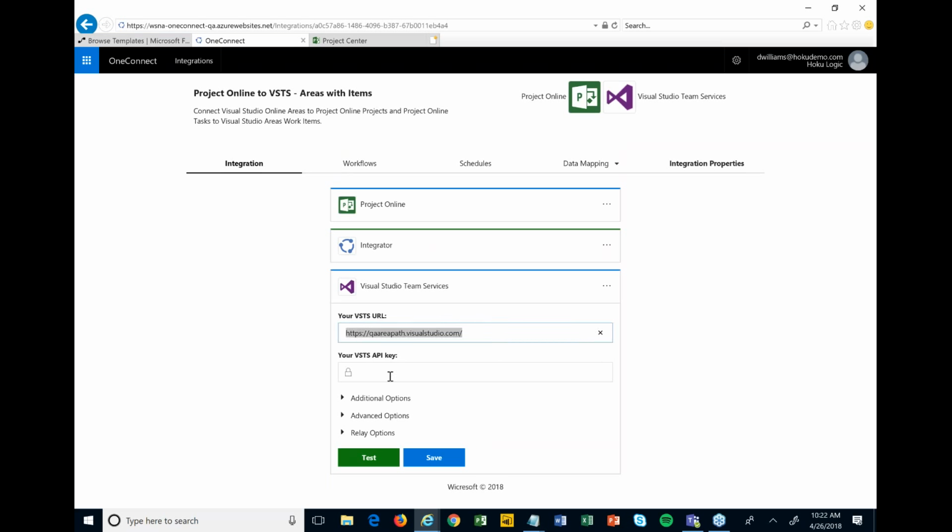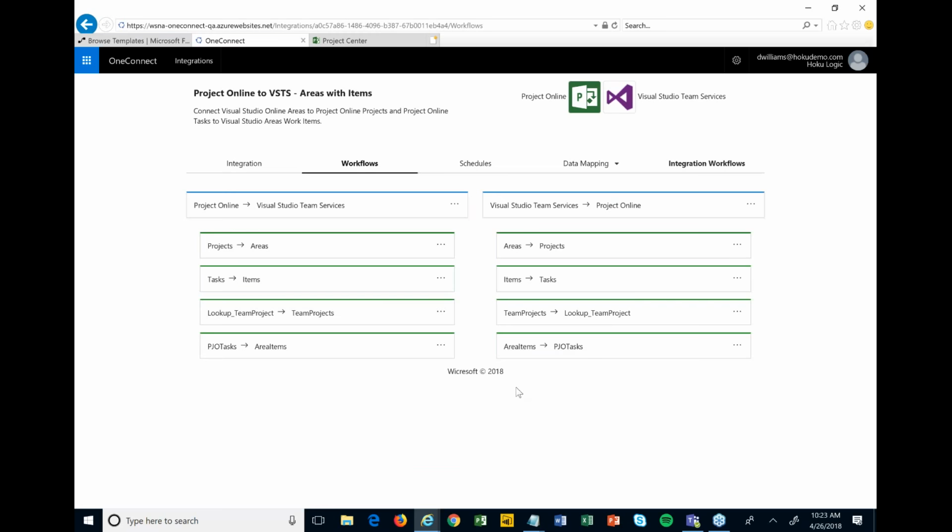And you put in an API key to connect to VSTS, and different tools are a little bit different there. But the basics is, okay, I'm connecting Project Online to VSTS, and here's some information to create that initial connection. From there are multiple other tabs that we can go through to set up other things. Like on the Workflows tab, we can actually come in and set up filters. So we're not bringing all of the data from one system over to another. We're just bringing certain pieces of it, the pieces that make sense,